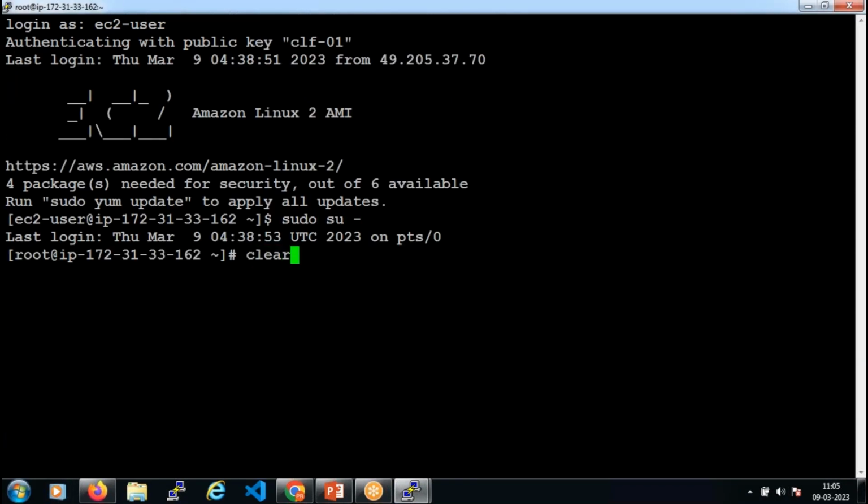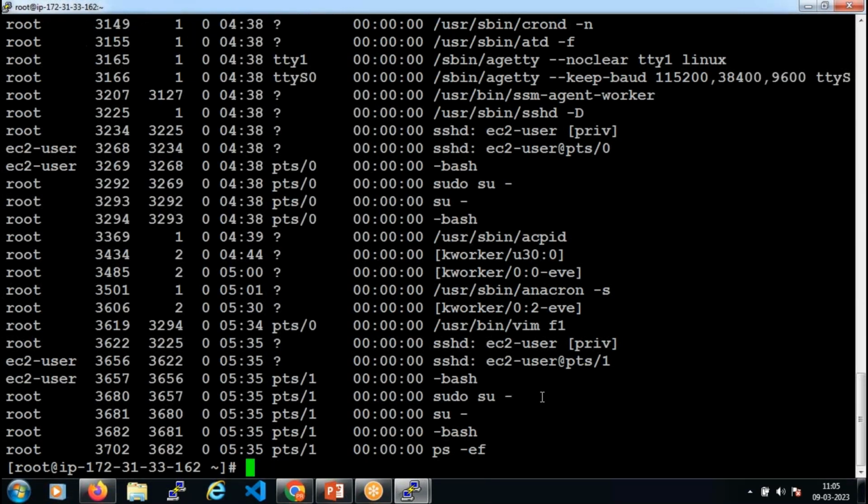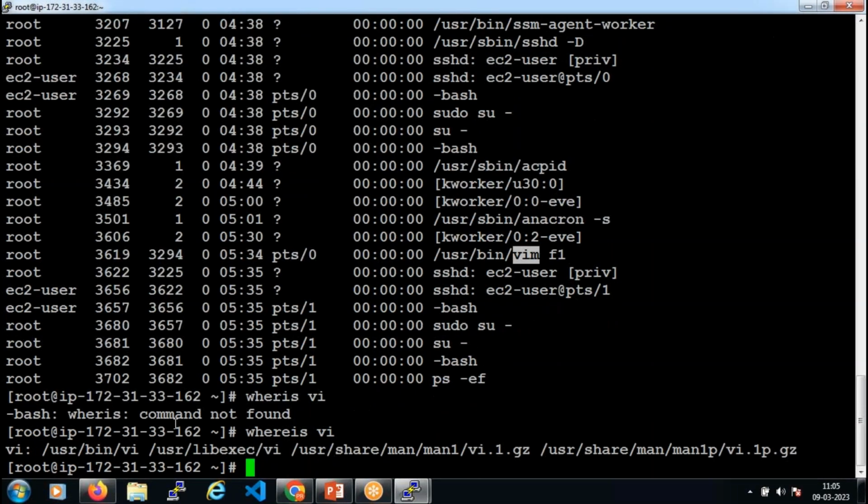Let me go to root and let me run ps -ef. Now you should be able to see the vi command here. You see here, guys, vi and vim are both the same. And the vi command's absolute path, let's say, where is the vi command? You see, /usr/bin/vi is the absolute path of the vi command, and I can see here that /usr/bin/vim is the command that is currently executed by the root user using this process